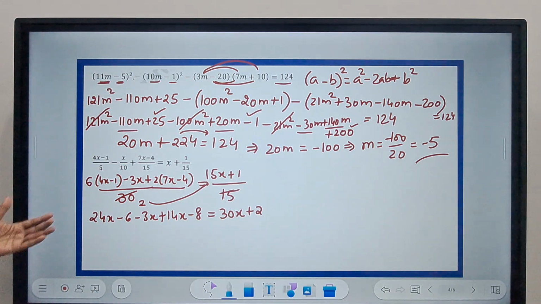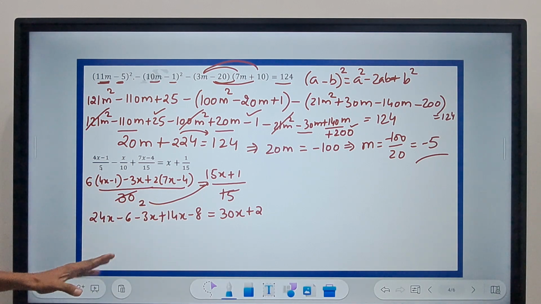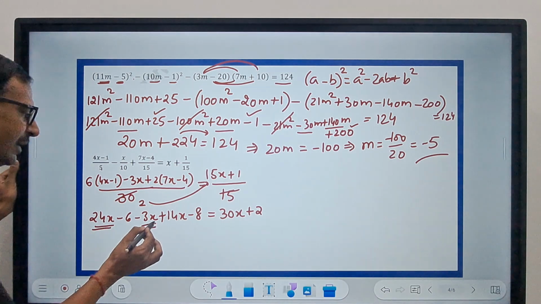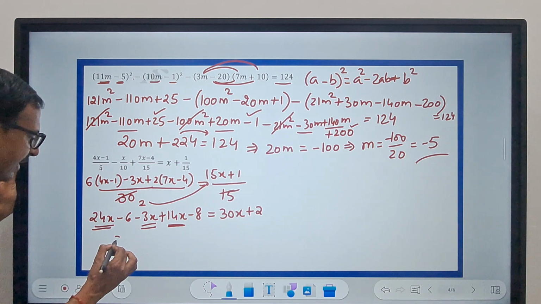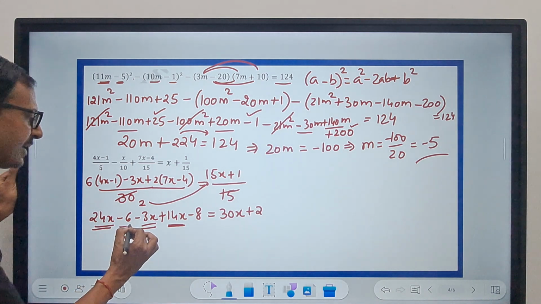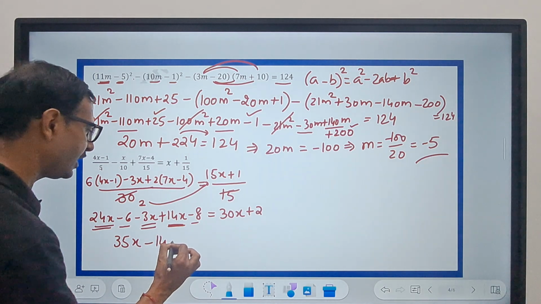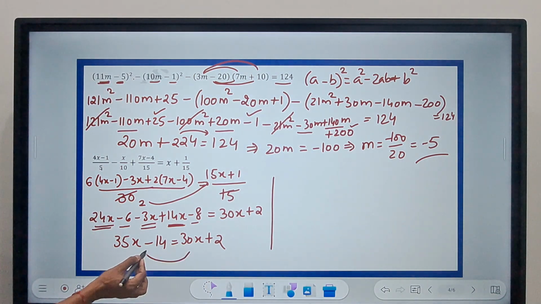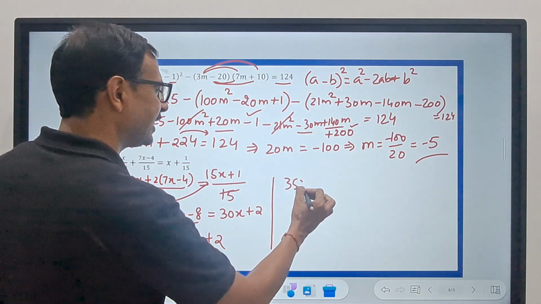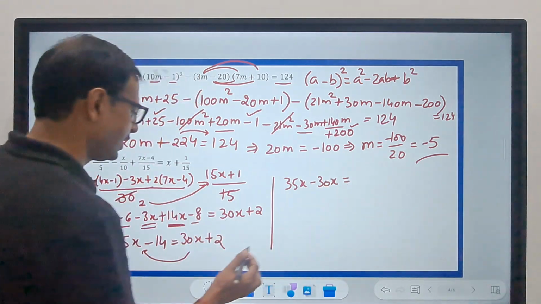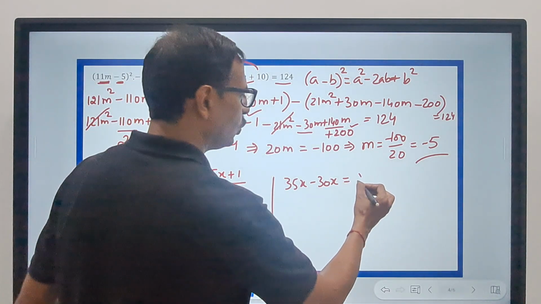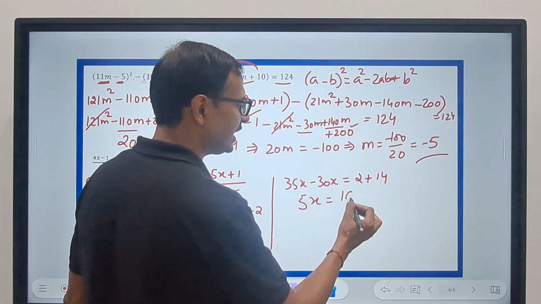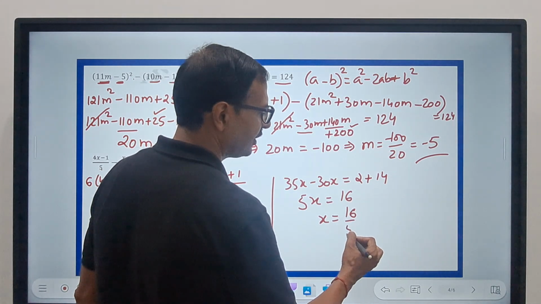So no more fractions in the question, just 2 steps and I removed all the fractions. Let's combine. 24 minus 3 is 21, 21 plus 14 is 35, so 35x, minus 6 minus 8 is minus 14 equals 30x plus 2. Now group the like terms. 30x comes this side, so 35x minus 30x equals, here we have 2 plus 14. So this reduces to 5x and this is 16, so x becomes 16 upon 5, or you can reduce it